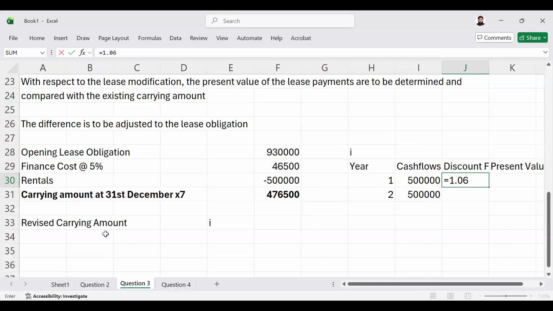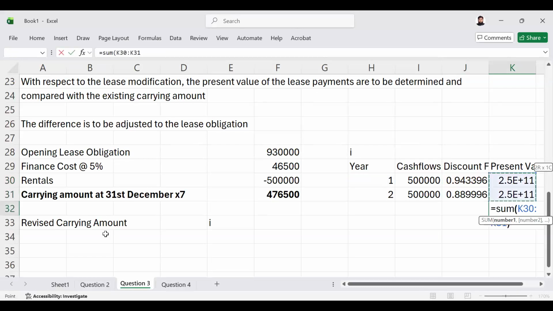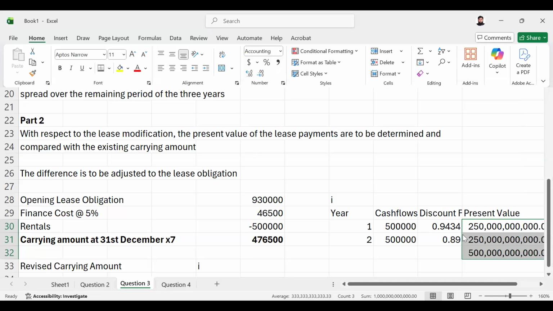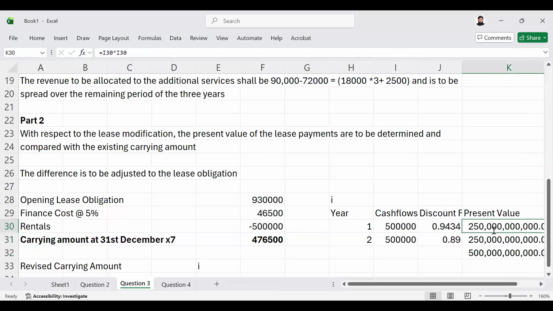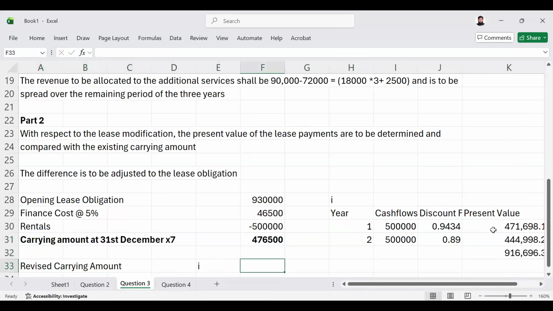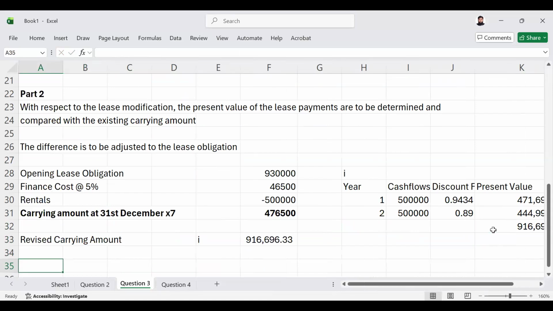This is 1.06 to the power of minus this and this. Hence, the sum of this is this. So the carrying amount is this. The difference is,